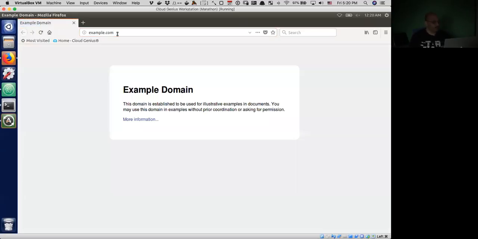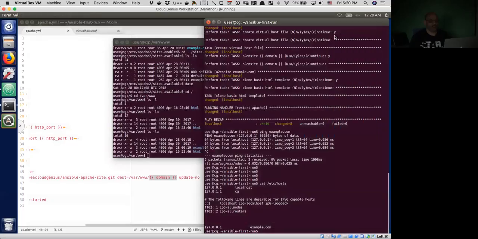We see example domain. This is strange. This is because of caching, so I don't expect to see this. So I'm going to remove that and close the browser and restart the browser with a clean cache. I'm expecting to see my newly created site that Ansible created for us, not that example page that was